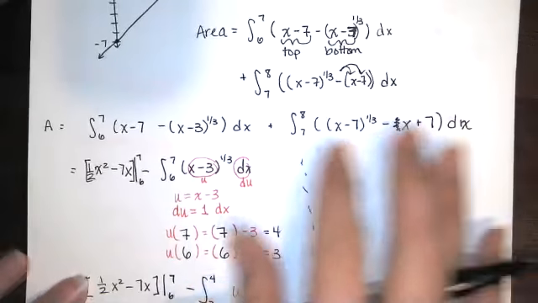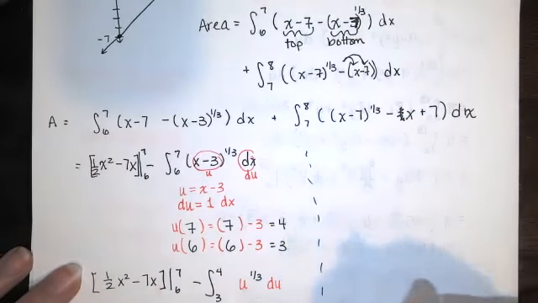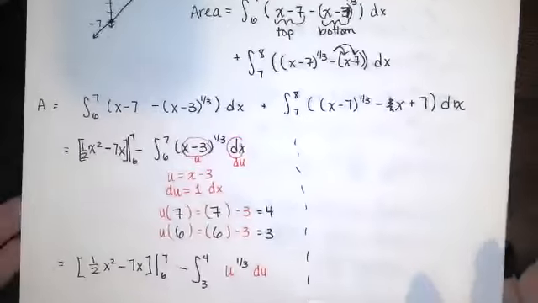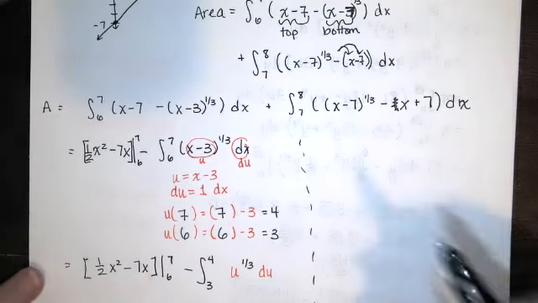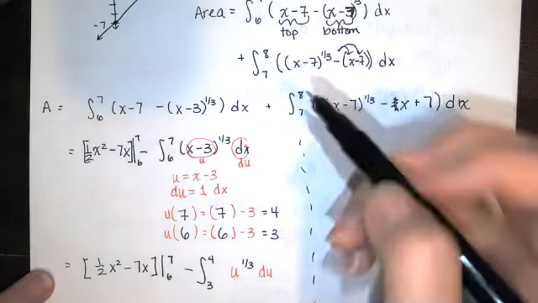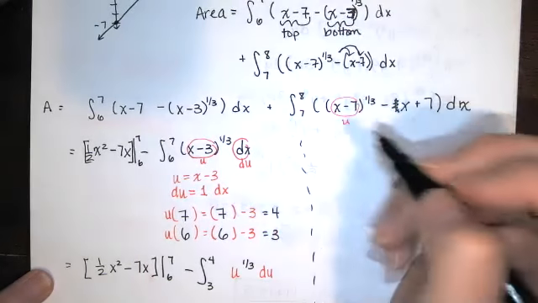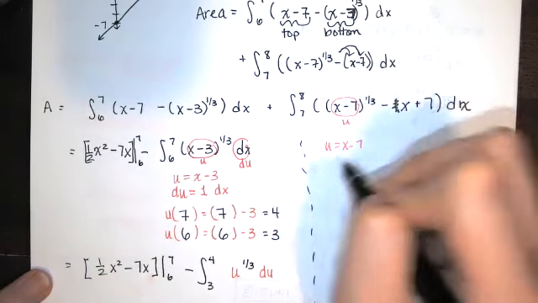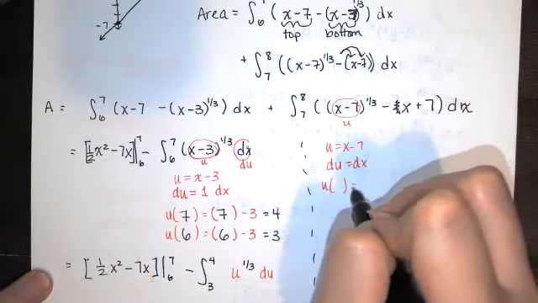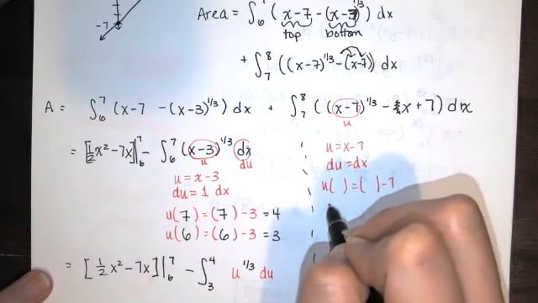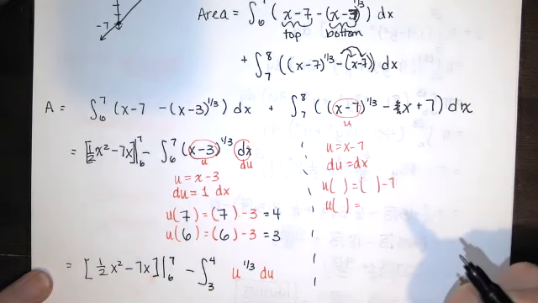And then we're going to do the same thing over here. Now we've already computed the antiderivatives of both of these pieces. It was just in a different order. So we can do this pretty easily. Again, if I just use a u substitution for this piece, where u equals x minus 7, du is equal to dx. When I substitute in 8 for x and 7 for x,